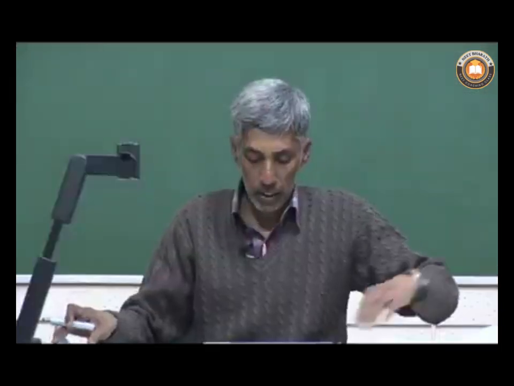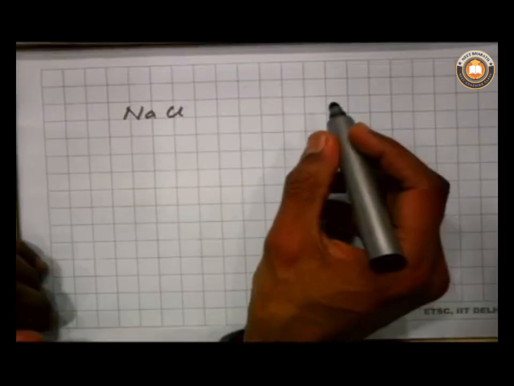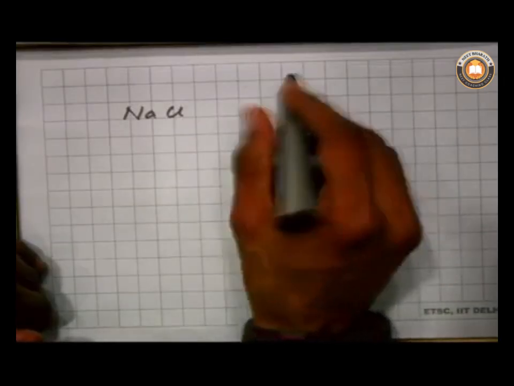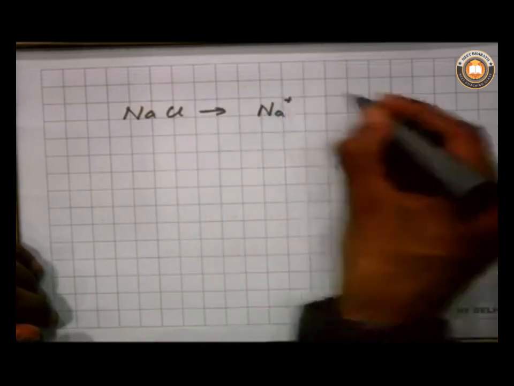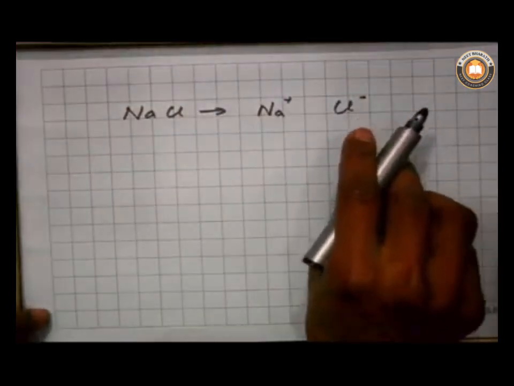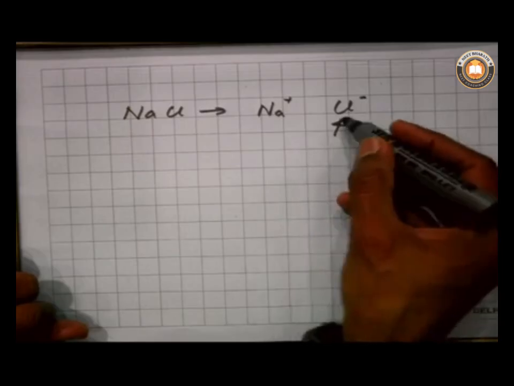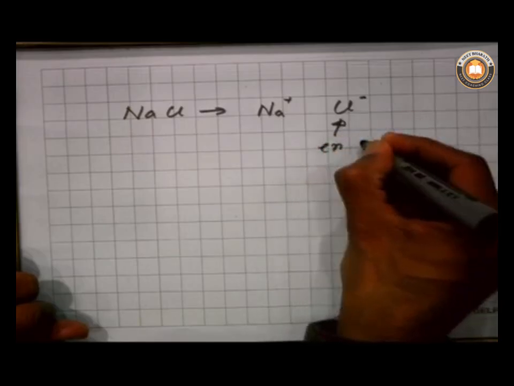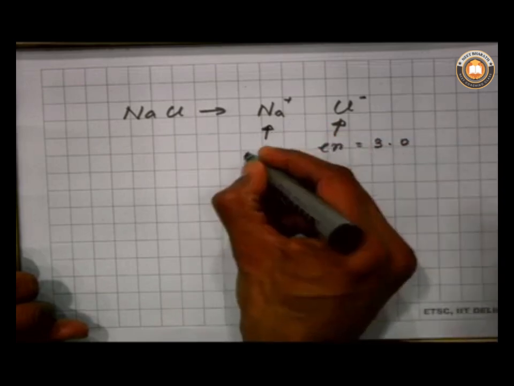So, with this thing, let us move on to looking at the kinds of interactions. So, if I take sodium chloride in a solid, we already know its structure. So, we know the structure to be Na plus and Cl minus arranged in a particular crystalline lattice in cubic form. The electronegativity of chlorine, and the reason it exists in this form, is that the electronegativity of chlorine is 3.0 and the electronegativity of sodium is 0.9,